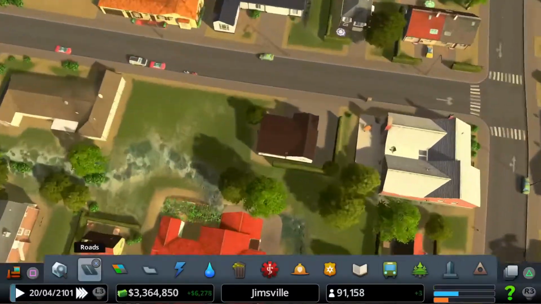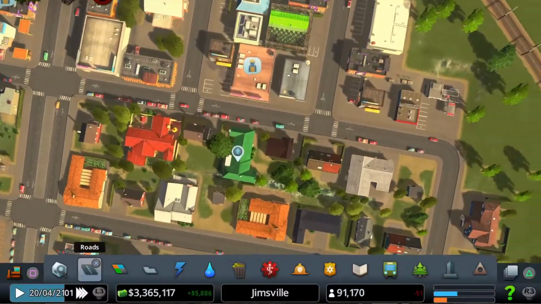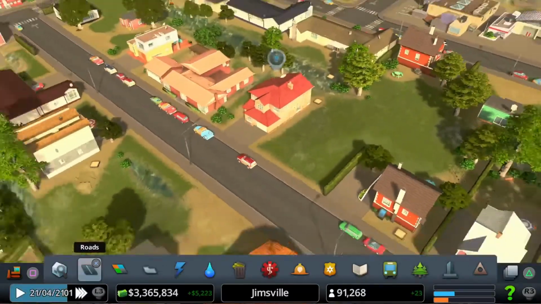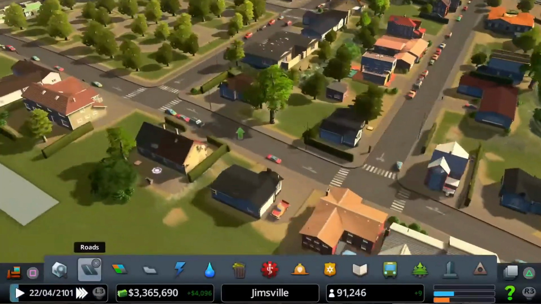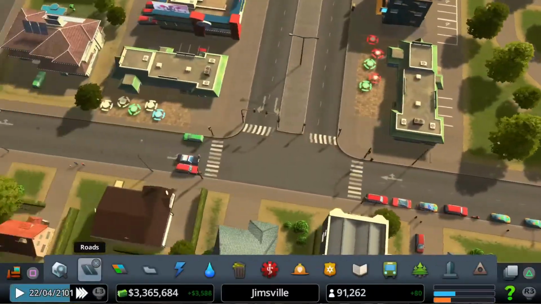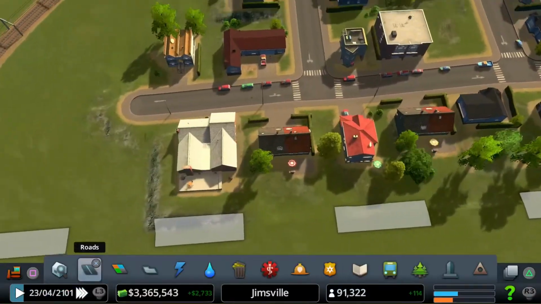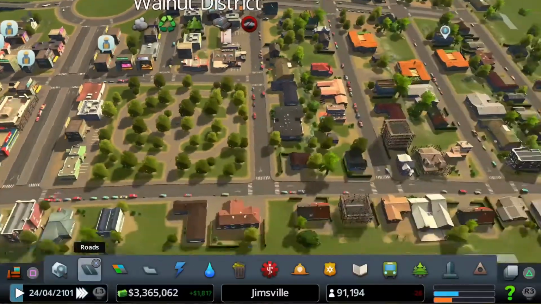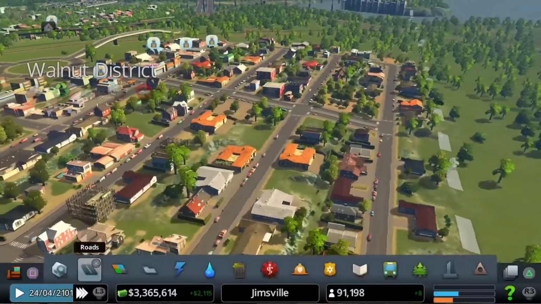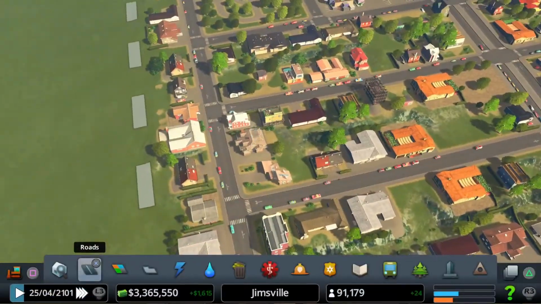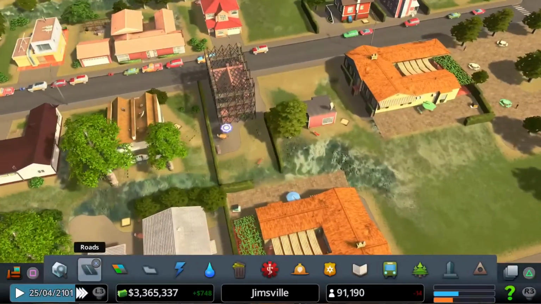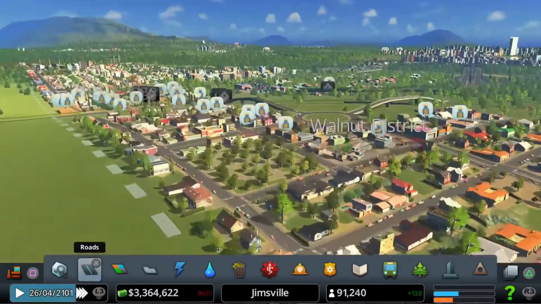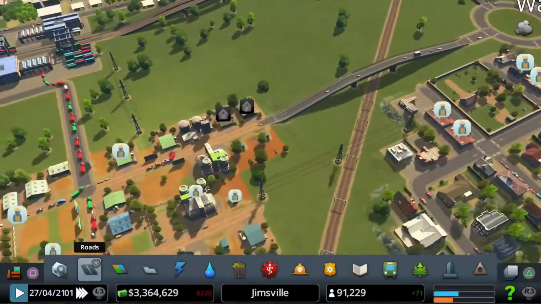Most of this seems to be filled up. Got a gap there. Something could go on the end there as well. More gaps there. And there. And around here we've got, you know, mostly covered around here by the look of it. There's a gap there. So we're starting to get some people filling in these spaces. You can see more buildings are being, you know, erected. There's one there going in. So hopefully this will help solve a little bit of our worker crisis.